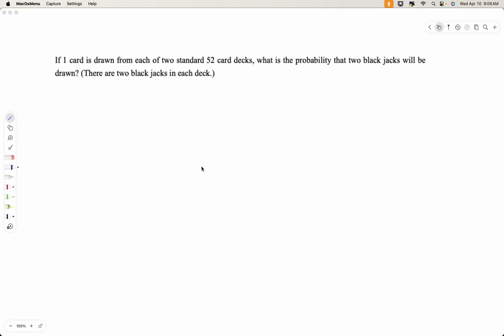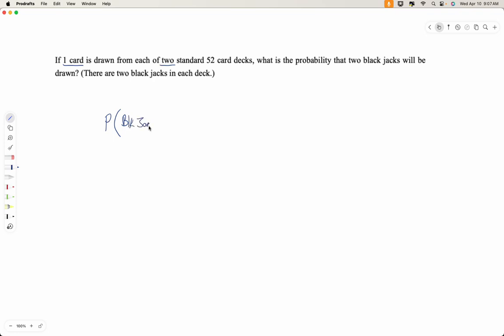All right, so this one says if 1 card is drawn from each of 2 standard 52 card decks. So we've got 2 decks right here, and we're drawing 1 card from each of the 2 52 card decks. So that right there is our probability, right? Our probability is going to be 1 out of 52, or 1 draw out of 52. Let me make sure before I move on. If 1 card is drawn from each of 2 52 card decks, what is the probability that 2 blackjacks will be drawn? There are 2 blackjacks in each,